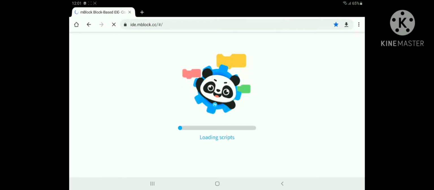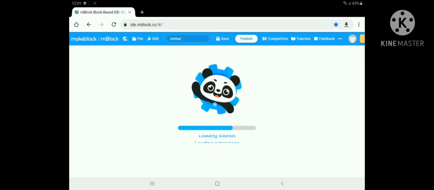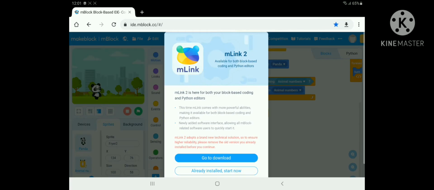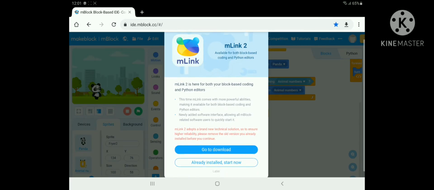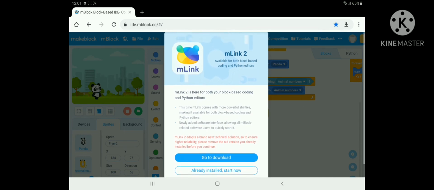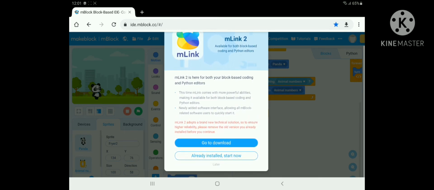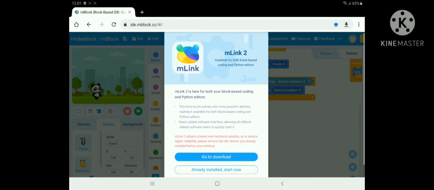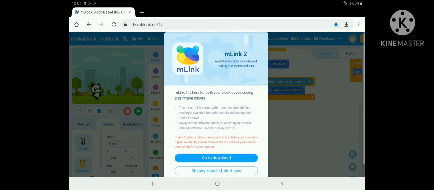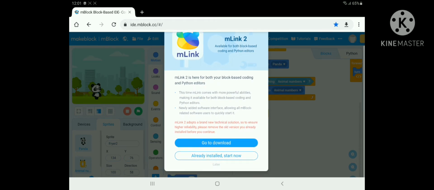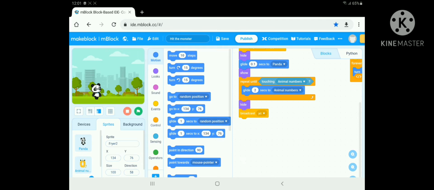You can open this. So it has opened. If you want to download it, you can download it, but it is always better to work in the browser. So I will make it later.